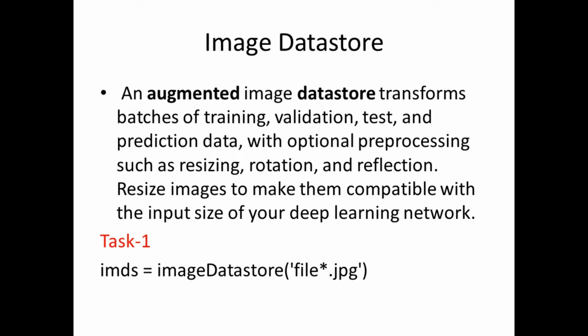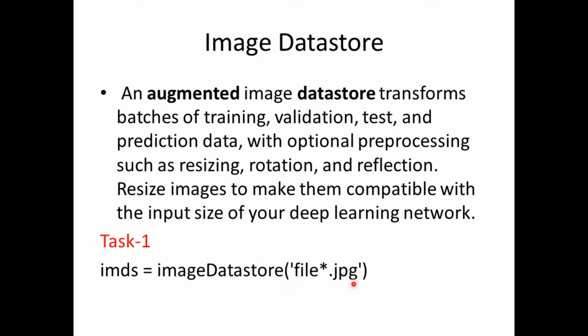In this particular section we learn certain pre-processing concepts. Initially, without implementing any pre-processing, we just need to create a datastore in MATLAB. We can use the imageDatastore function, and this is a wildcard character, the star. If you mention file star .jpg, it loads all the files of JPEG format starting with the name file. So if you have around 25 or 100 images starting with file01, file02, file03, like that, this wildcard character includes all the files which start with file and end with jpg.